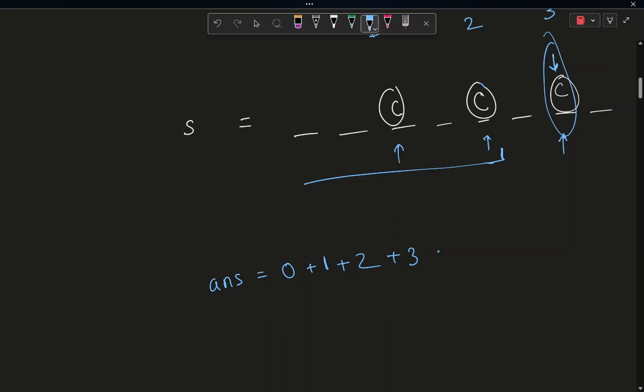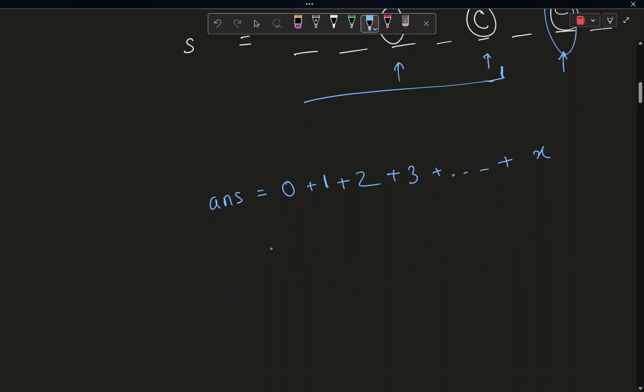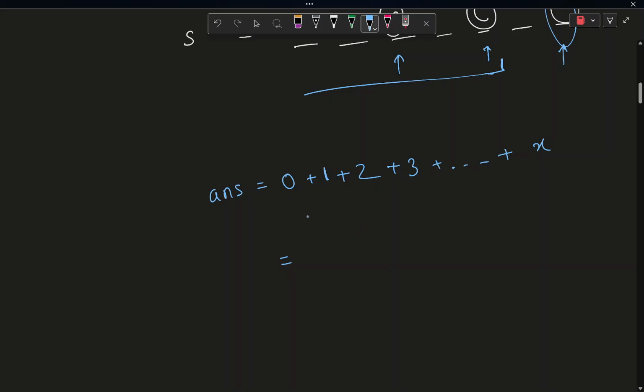So if C was coming up X number of times, you can just see that the pattern will go on till X. So at the end you see that the answer is nothing but the sum of first X natural numbers, where X is the frequency of C in the whole string. So we just have a formula for it, X into X plus 1 by 2. For now we can use this formula,